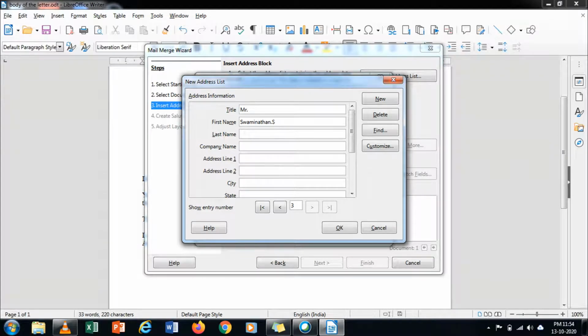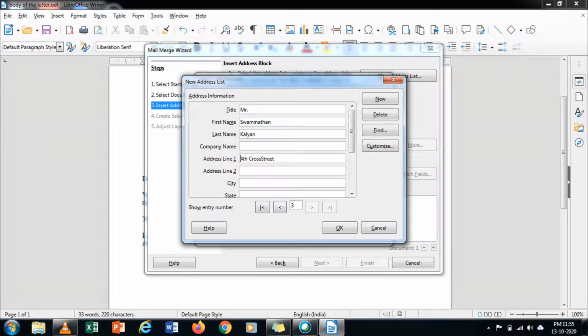Third one, Swaminathan. Last name: Kalyan.